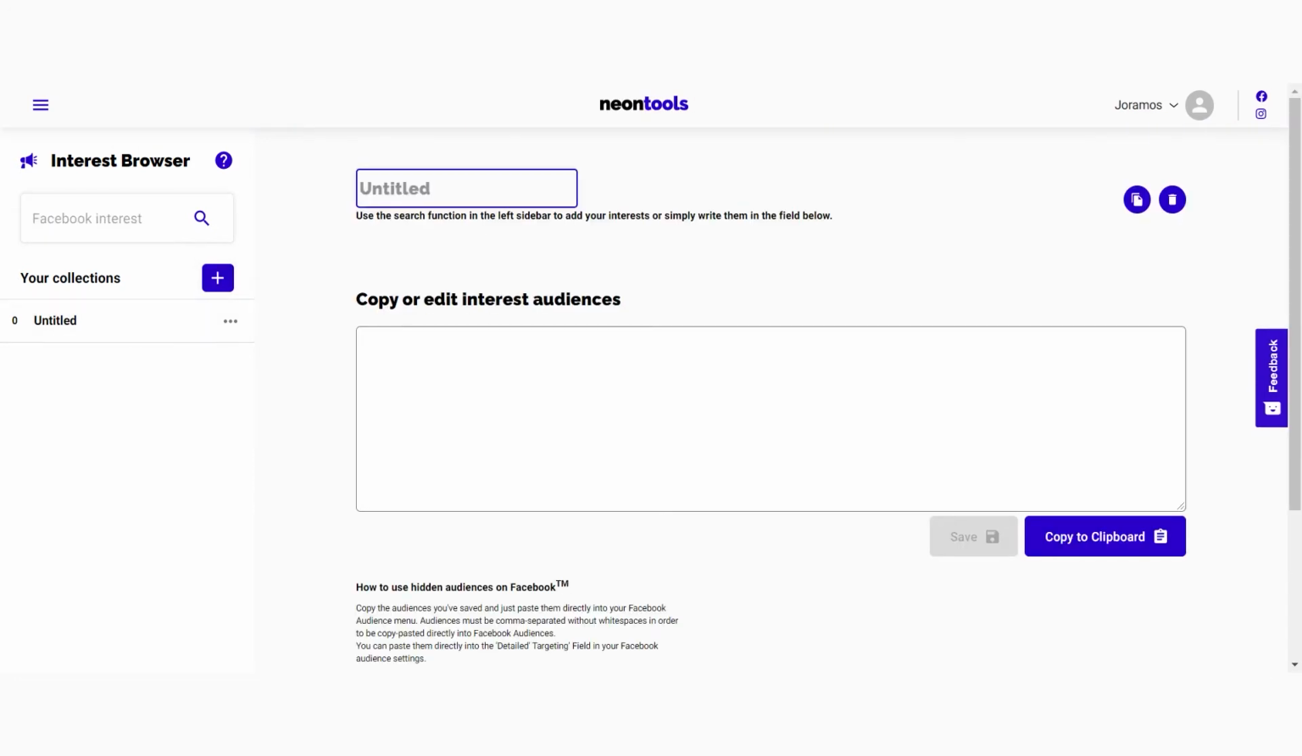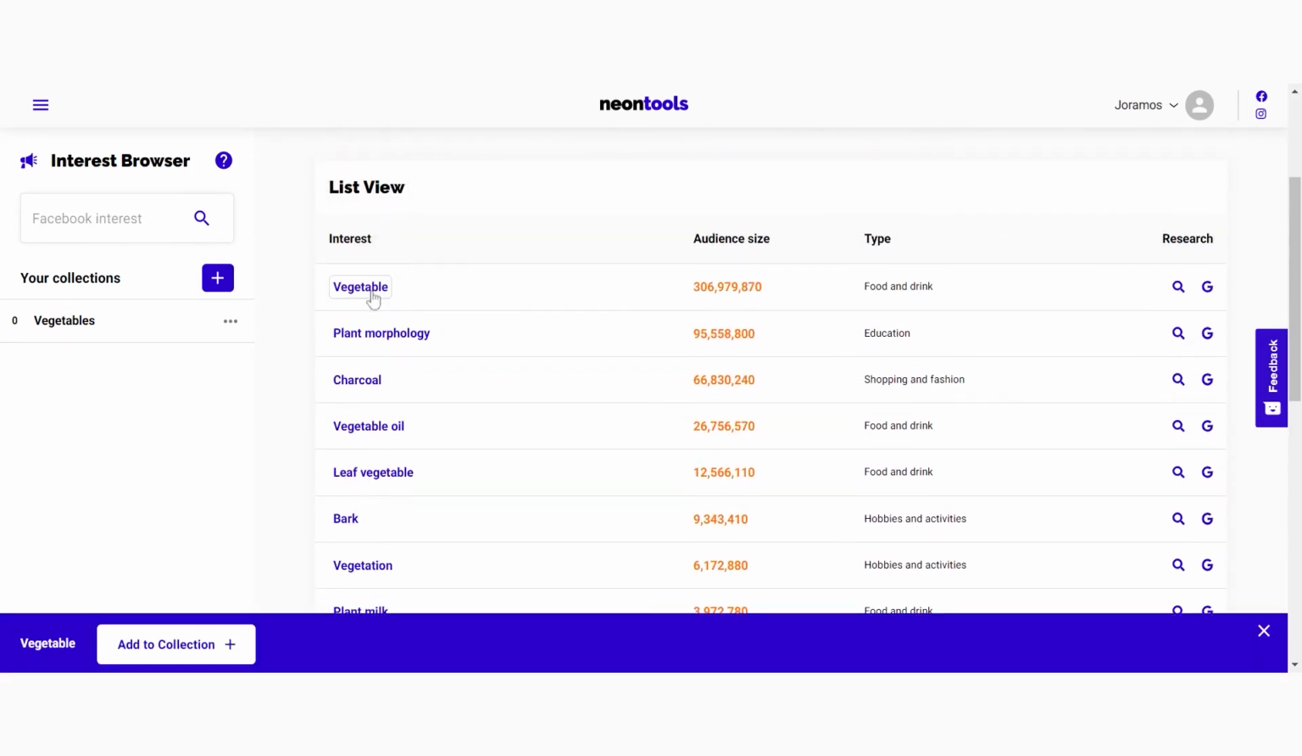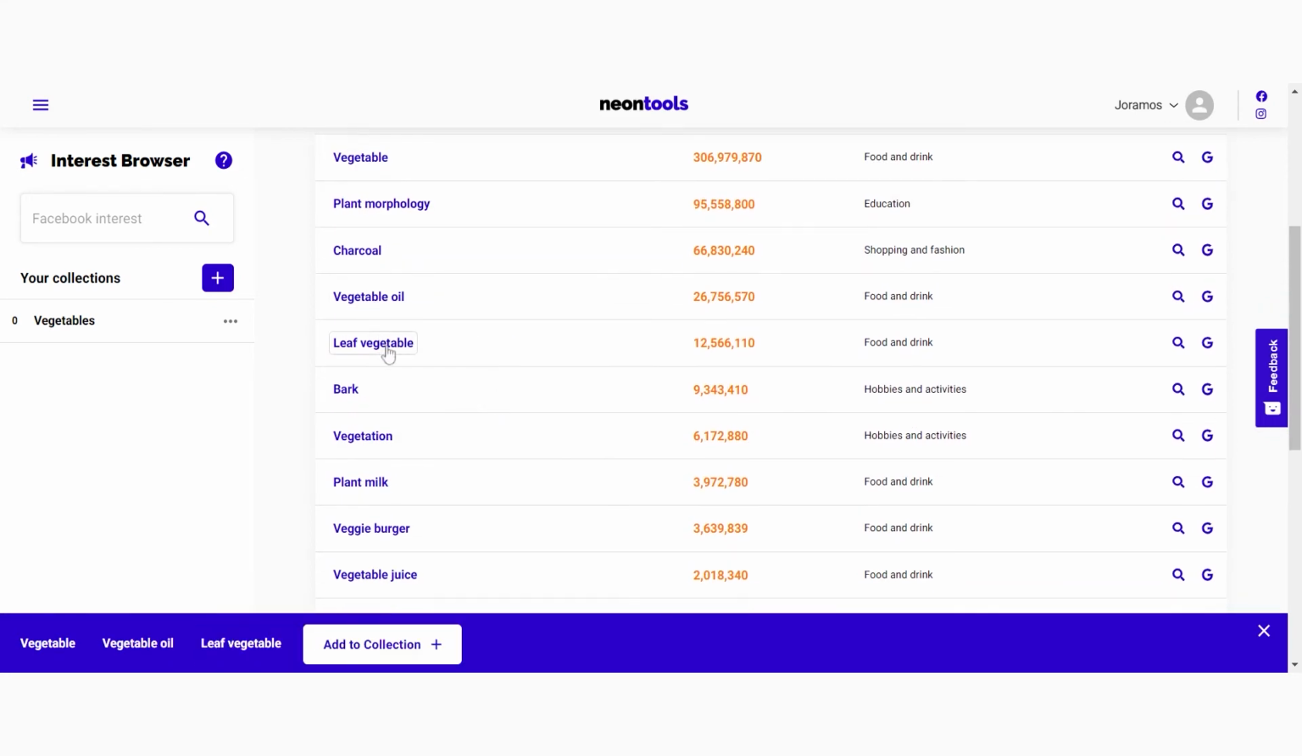To add a keyword to a collection, it works like the hashtag analyze. So you have to click on the keyword, a blue bar will appear in the bottom, and here you can just click on add to collection, choose the right collection,